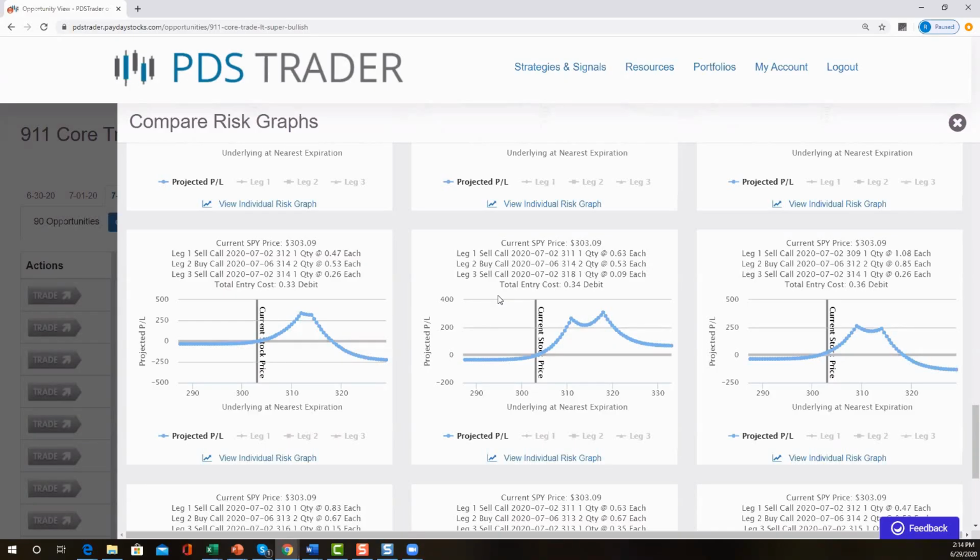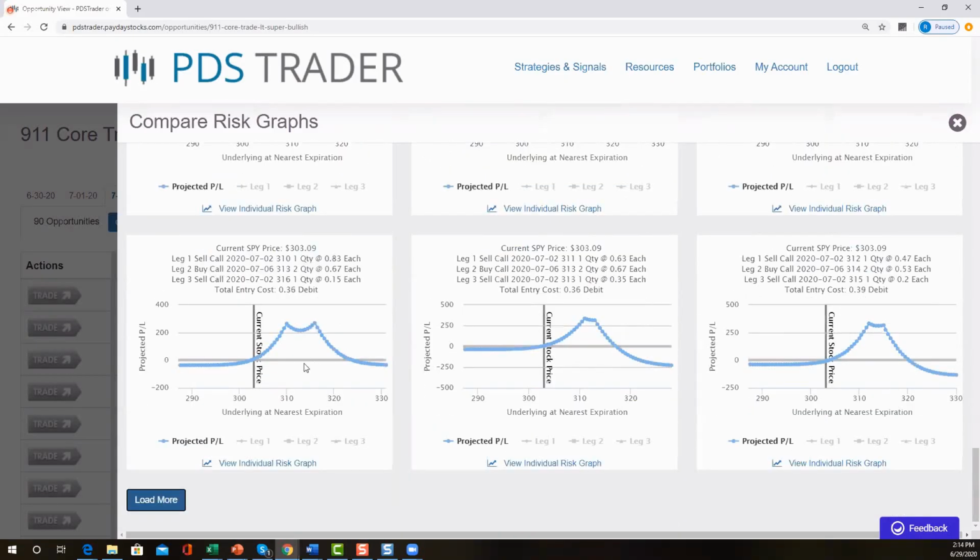Session 2 in the TPO seminar actually discusses in depth all kinds of bearish, including bearish trades that can make a lot more money. So big bearish trades that will make a significant amount of money if the market moves down. Okay, so I go through the entire range of credits. I should probably label it credit trades, which means that there's no risk to the downside. Okay, so we can go through here and we can take a look.